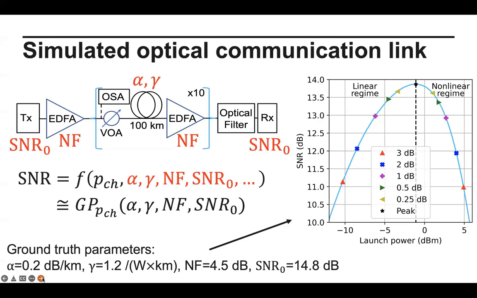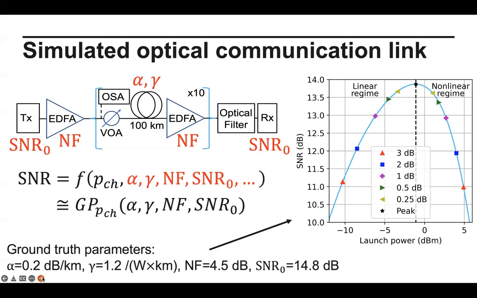So we take a set of ground truth parameters, which are assumed to be unknown during the estimation process, and we use them to generate, using the simulator, a simulated data set, which is shown on the right. And we do that at different SNR penalties, which correspond to different launch powers. And the reason for doing that is because we need to consider the SNR penalty that's incurred when taking measurements